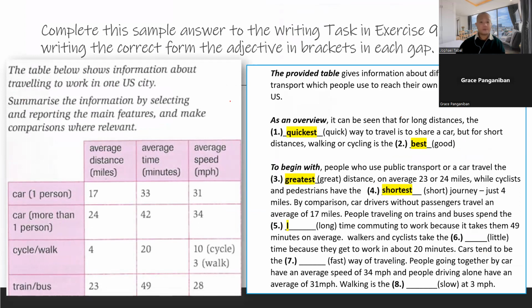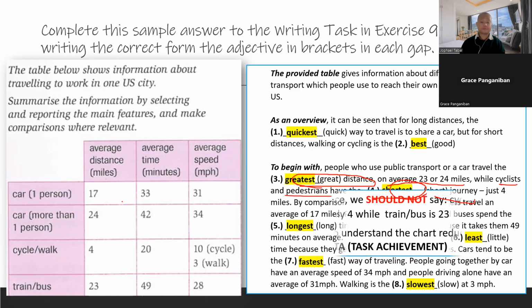So we have here, for example, to begin with, people who use public transport or a car travel the greatest distance, on average 23 or 24 miles. That's it. While cyclists and pedestrians have the shortest journey. So in short,